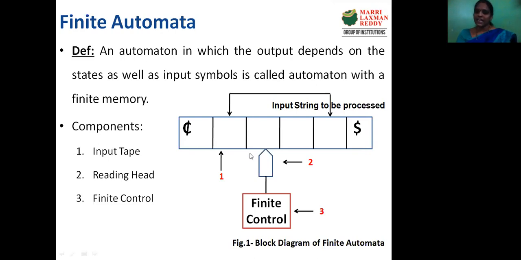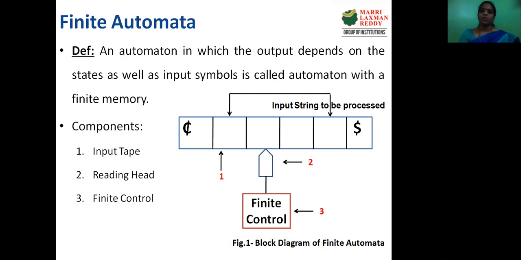Now the second component of this finite automata is the reading head. The reading head indicates the position of the current input. So when the finite automata moves from one state to another state, the read head automatically increments its position from one input symbol to the next, indicating that the input symbol has been processed, that is, the input symbol has been read. And the third component is the finite control, which is the important component here in the design of this finite automata,